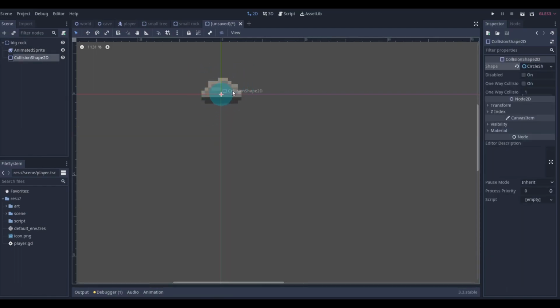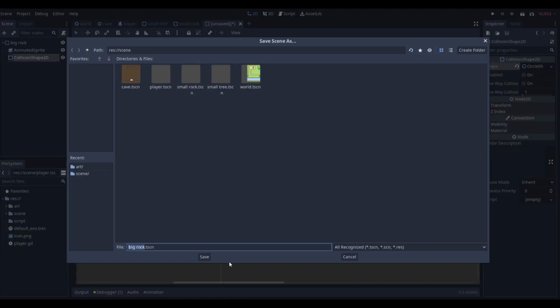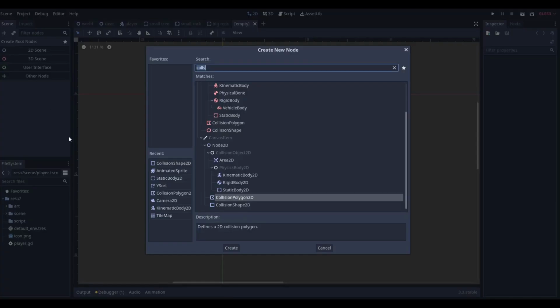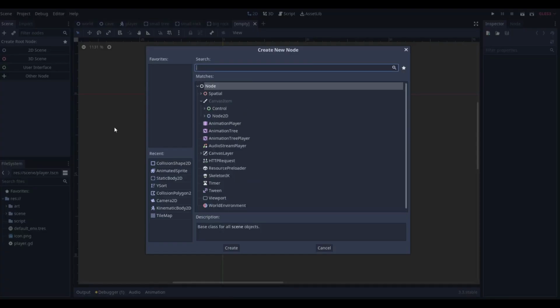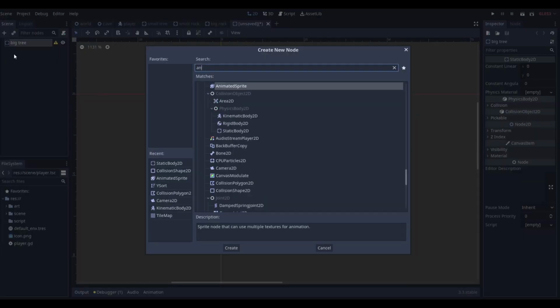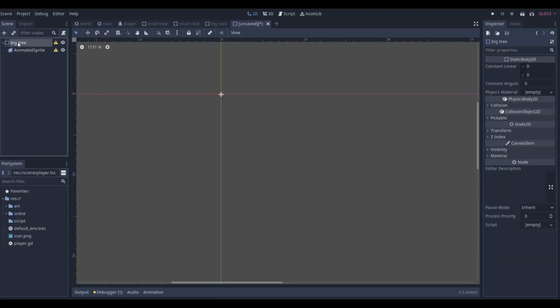Add a collision shape. A tricky collision shape. And that's fine. Big rock, boom. And last but not least, we have the static body 2D. The big tree. And for the big tree, we need an animated sprite and a